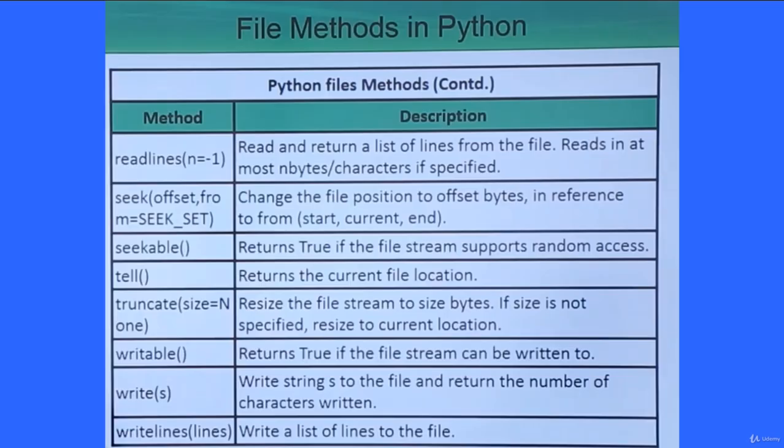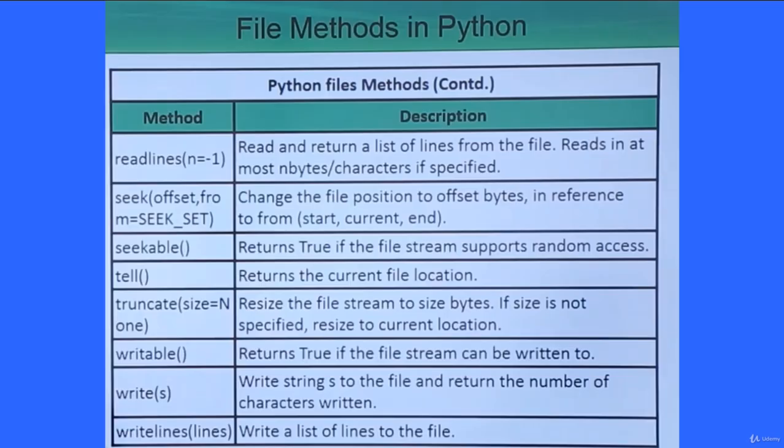If you can go for random accessing of the file content, it returns true, so it returns a boolean. Next is tell, which returns the current file location, that is, the location the file pointer is pointing to. Truncate(size=None):